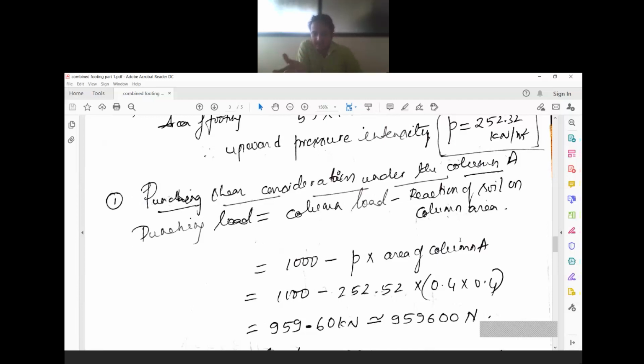From both we have to consider the depth of the foundation. We will also calculate a depth from the Mu limit using the bending moment diagram. Whichever is the highest value, we shall provide. The depth calculated from the Mu limit should be the minimum depth. If the value is higher in the case of punching load, then we have to consider that depth. The minimum must be at least that much.